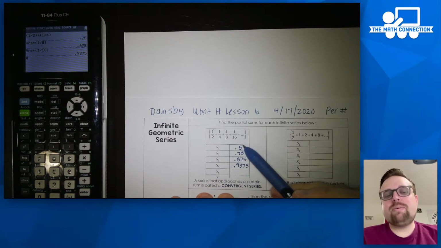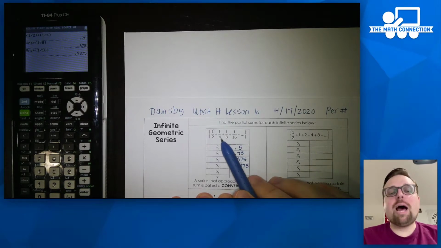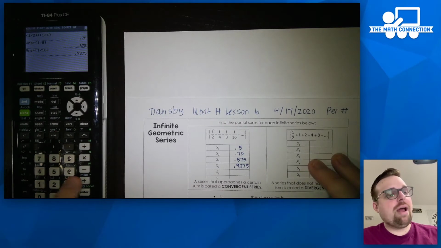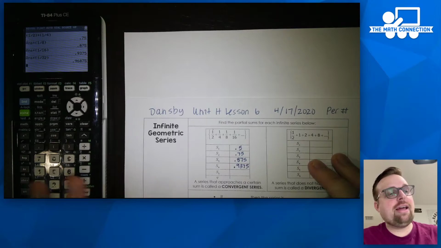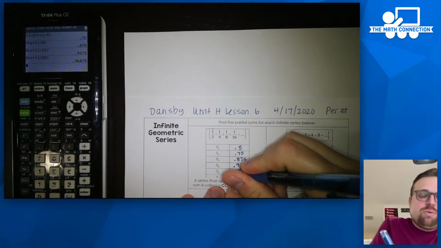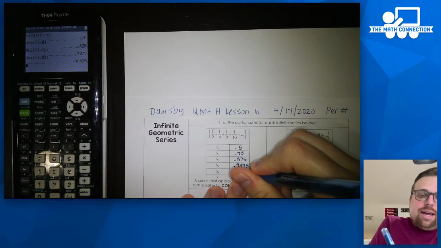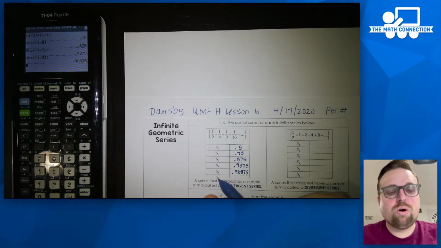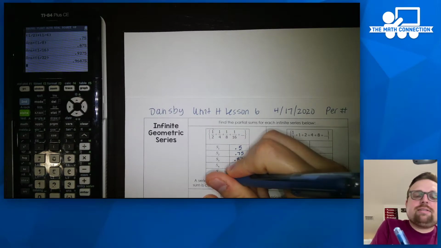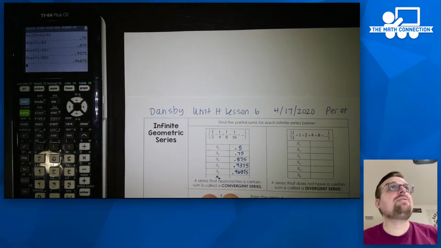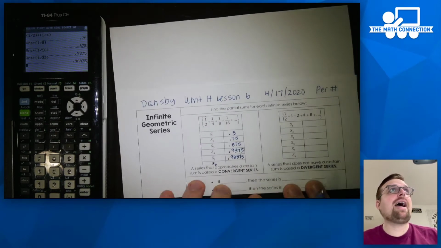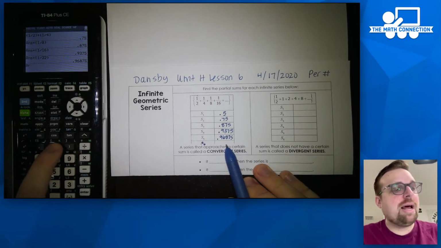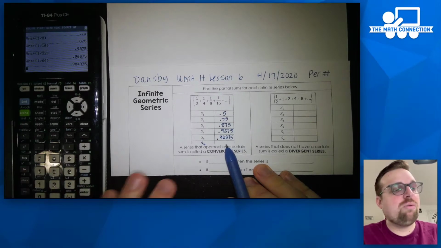We also need to find up to the fifth term. They didn't give that to us, but we can pretty much deduce what it is. The denominator is doubling each time, so the next term is going to be 1/32. So add 1/32 to that, and the sum up to the fifth term is 0.96875. There's actually space down here for one more term, the sixth term. If you double that denominator again, you'd be adding 1/64, and you get